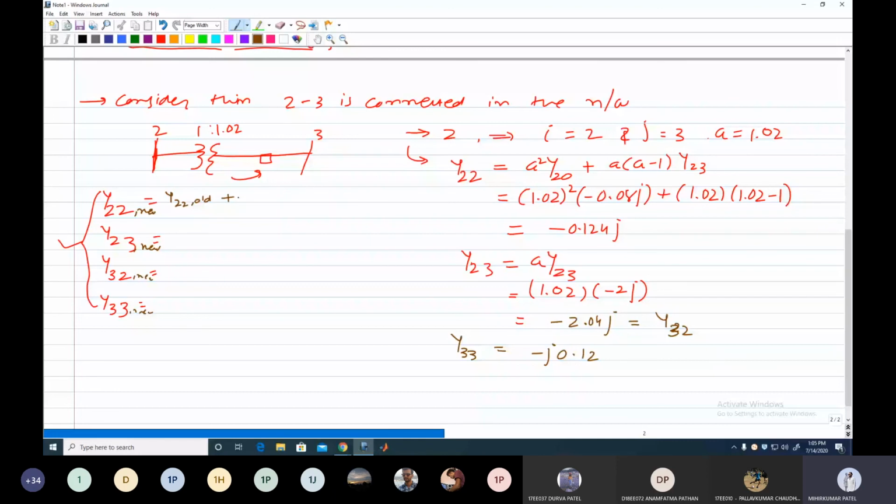First, help me write down the equation for y22 new. We have to consider y22 old plus this y23, which is transmission line impedance, then